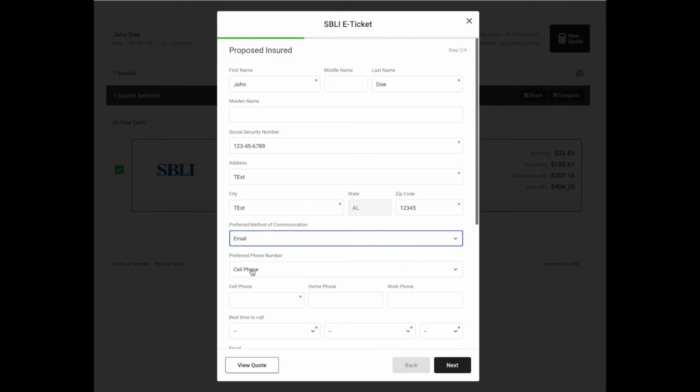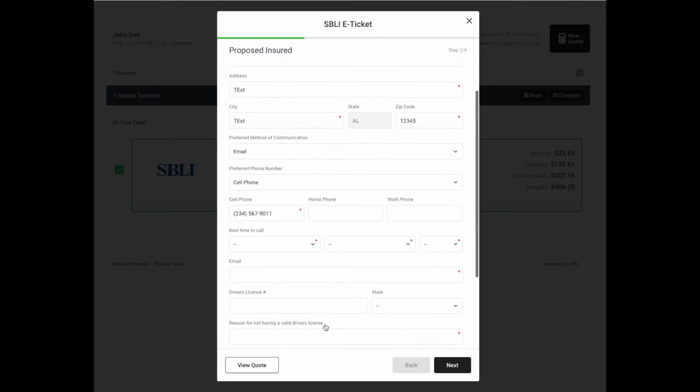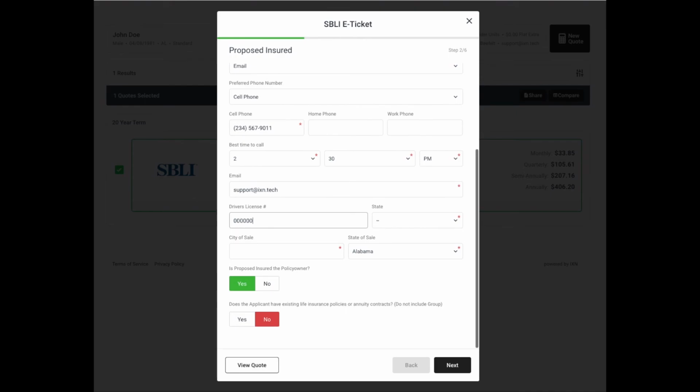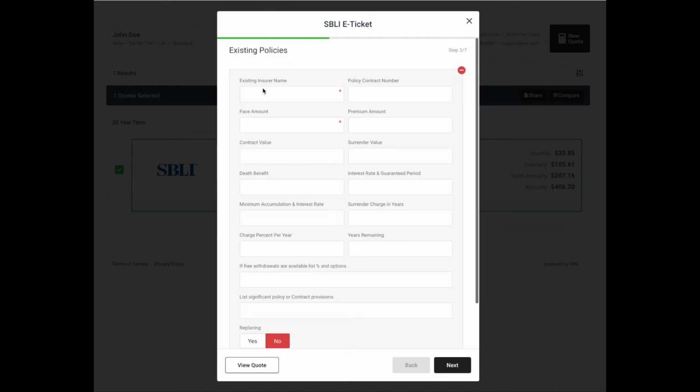Once submitted to SBLI, the agency will receive an email notification from our system about the submission. At the same time, the e-ticket is sent to APPS for fulfillment, and progress can be tracked from appslive.com. The fulfillment setter starts by calling the client twice the first day, then continues to call until a phone interview is scheduled. Once the interview is conducted, the ticket then goes through SBLI's underwriting system, and about 20% are submitted an offer within 24 hours after the interview is conducted. Over 60% of applications are completed within a week of submission.